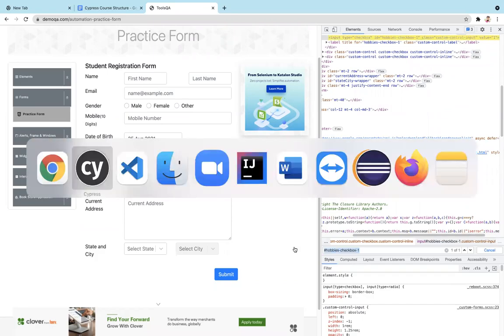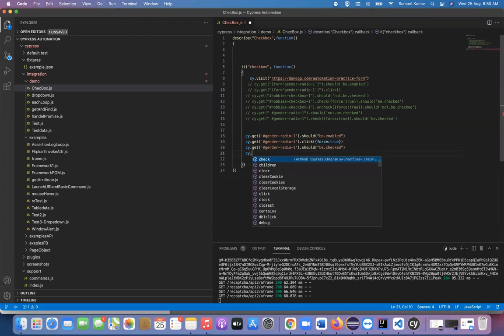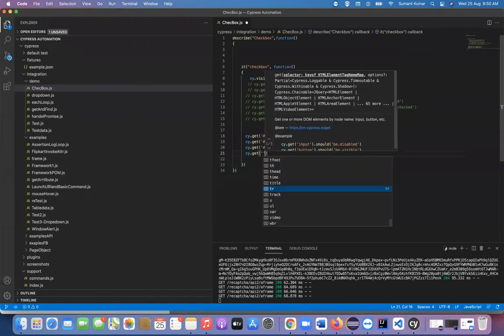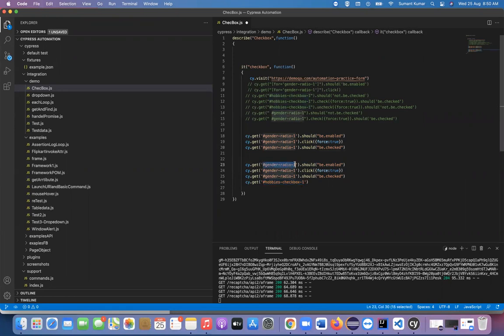Now copy this, and we can come here, cy.get. Basically we can put the same assertions onto this particular checkbox as well, so I will just change the CSS: instead of this, we put this CSS, here this CSS, and here this CSS.